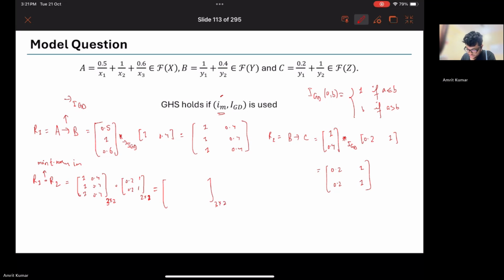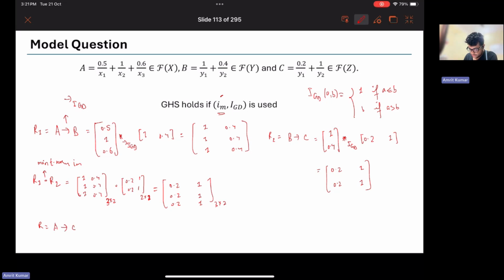So minimum, right? This is 1. This is 0.2, 0.2, and this is... right. And now let us compute the relation R, which expresses the conditionality between A and C, and that is